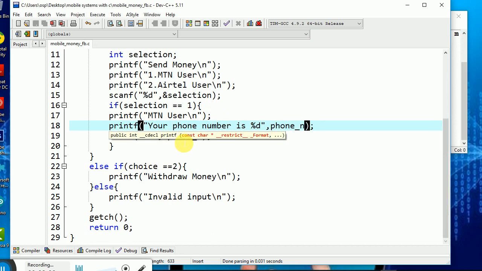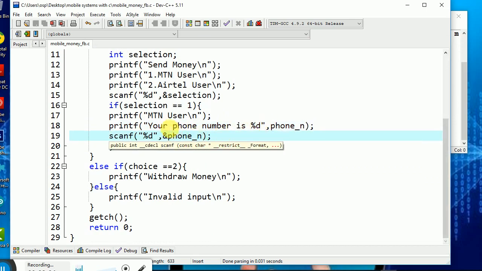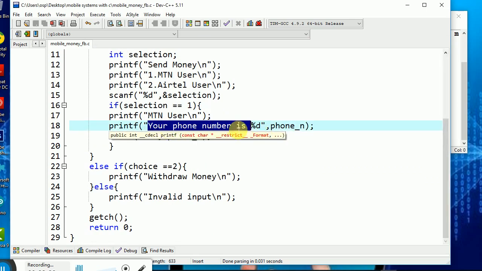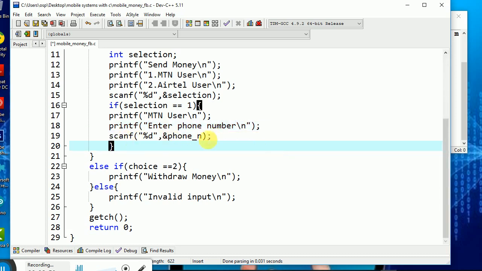Just try to do this. Enter your phone number. So just try to do that. You first do that and simply say enter phone number. If I say enter phone number like that, remember we have scanf there.